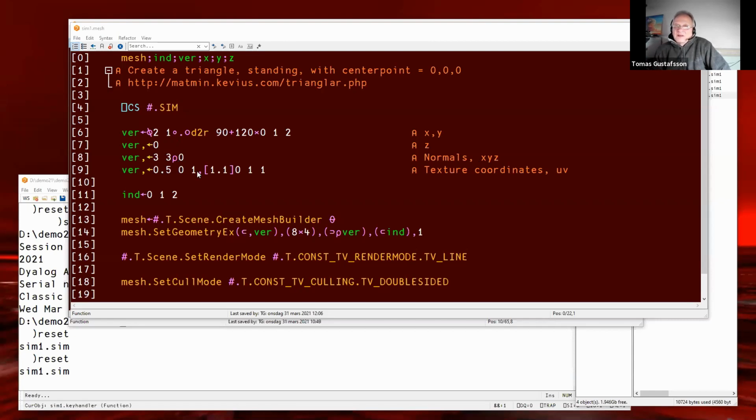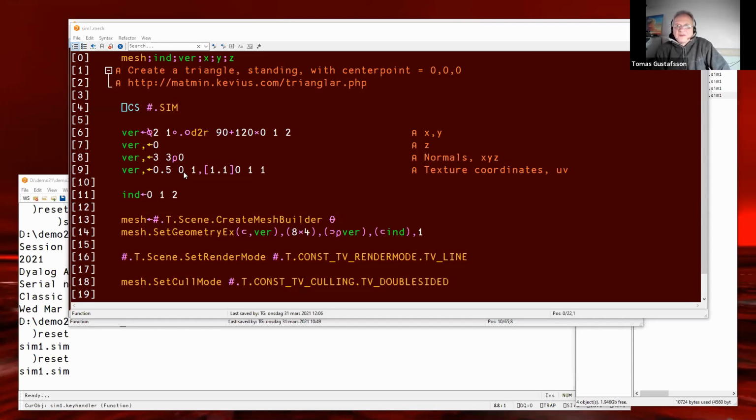And we add 2 columns of texture coordinates, which, well, if you have a picture, a photo of a texture, any texture, the upper edge is 0 and the lower edge is 1. The left edge is 0 and the right edge is 1.